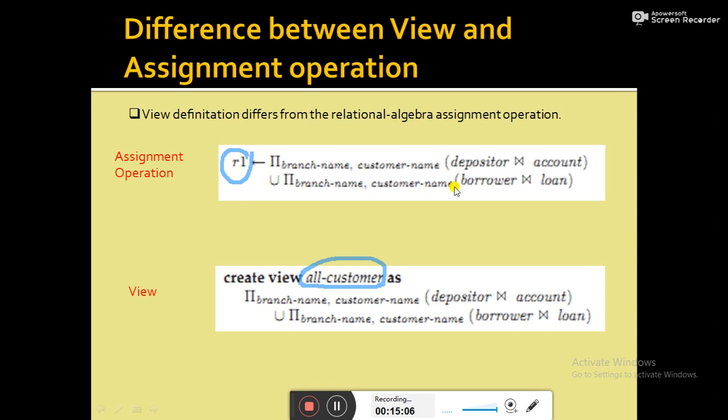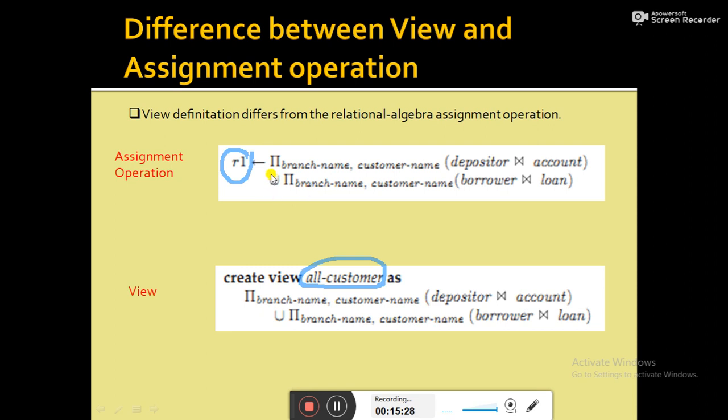Suppose we are performing the assignment operation first. So pi branch name, customer name of depositor natural join account will give the customer name and branch name of those who have an account, and that subquery will give you the customer name and branch name of those who have a loan.